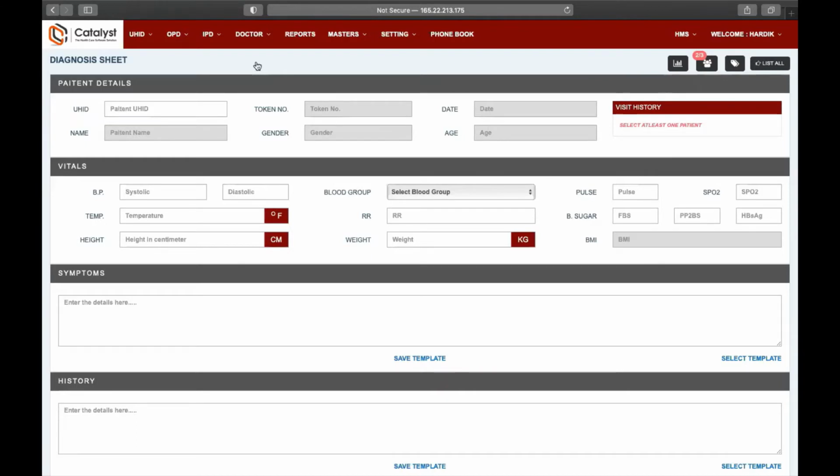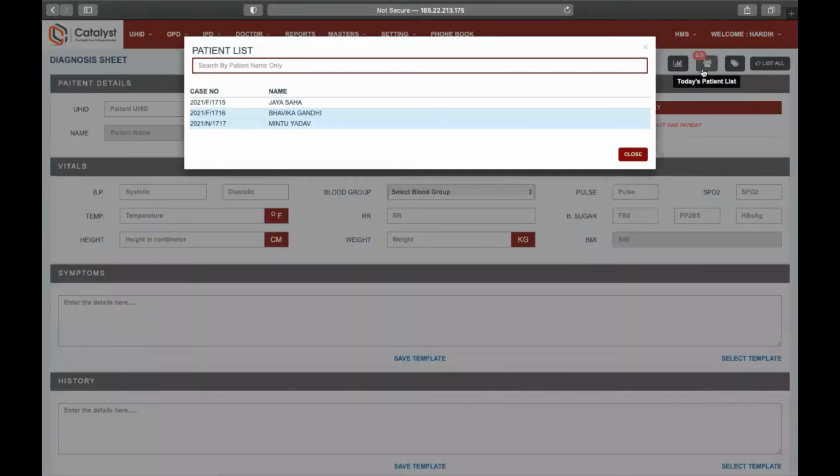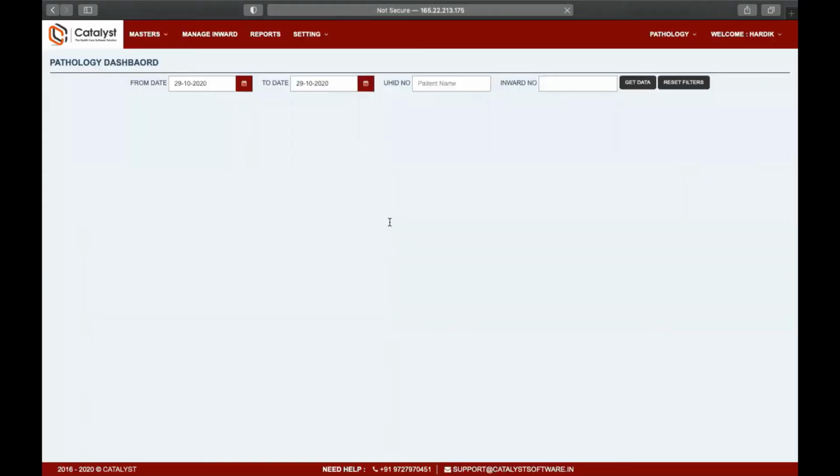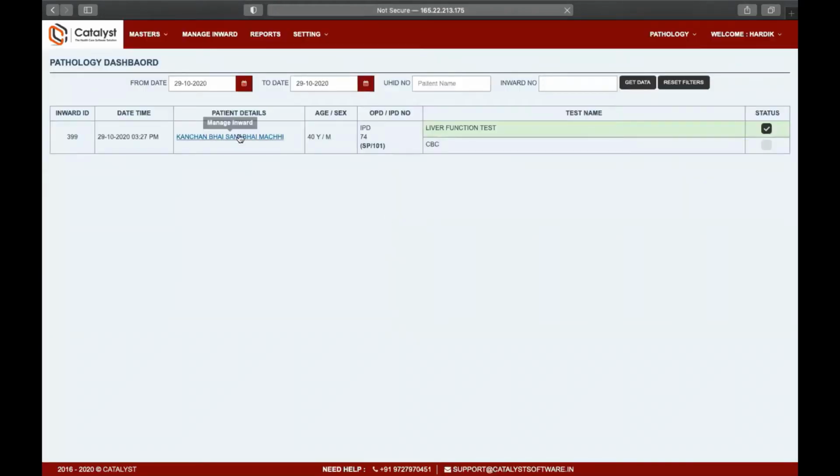I just need to ask a question about the lab. All our machines are fully automated machines. Is your software compatible to interface with those machines, so that after the results come out, they can easily be put through the software, like you showed us, and printed or sent back to the doctor? You are talking about laboratory instruments, the pathology lab, am I right? Yeah.